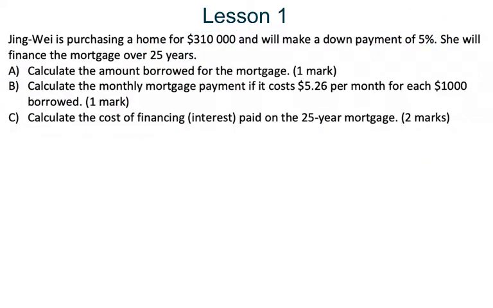Okay, so let's see the second one here. Calculate the monthly mortgage payment if it costs $5.26 per month for each $1,000 borrowed. So basically, instead of us going to the table and finding the value, it is given to us right here in the question. So we know that the monthly payment,